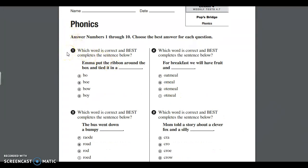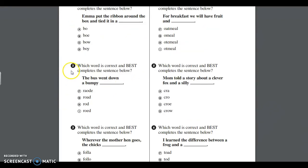Phonics. Number 1. Which word is correct and best completes the sentence below? Emma put the ribbon around the box and tied it in a... Number 2. Which word is correct and best completes the sentence below? The bus went down a bumpy...